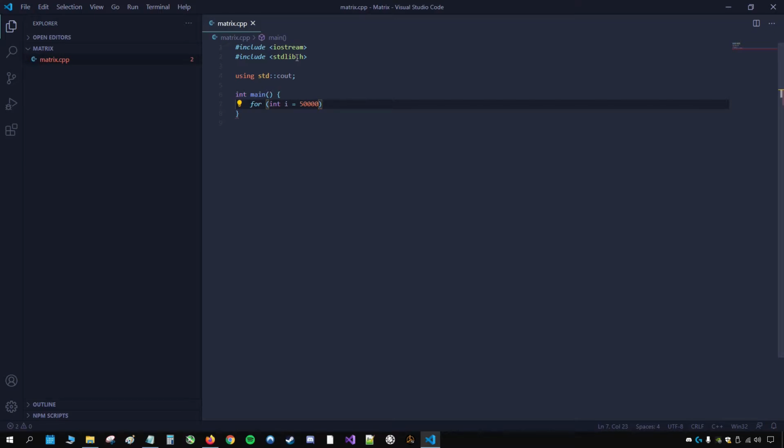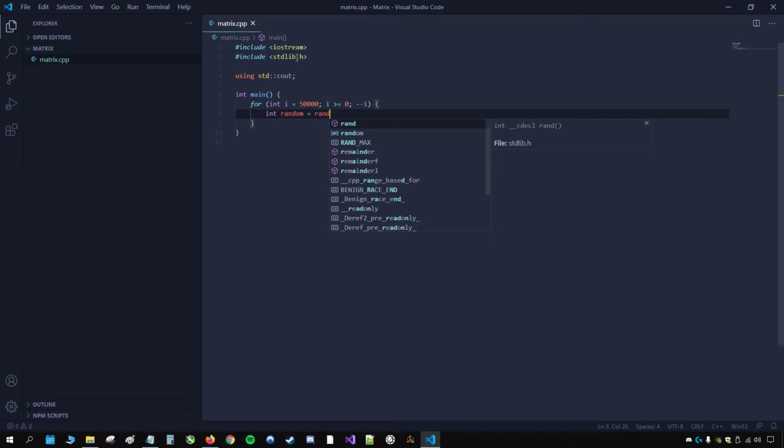That'll make it run long enough. And then we're going to put a condition of as long as i is greater than or equal to 0, and decrement each loop. And that way this will run 50,000 times essentially. And we're going to create a random number using the rand function